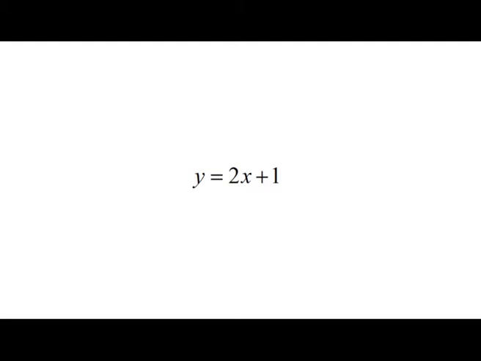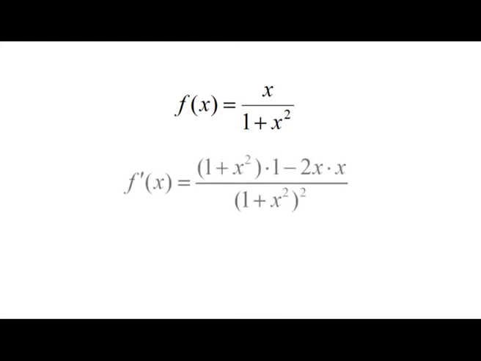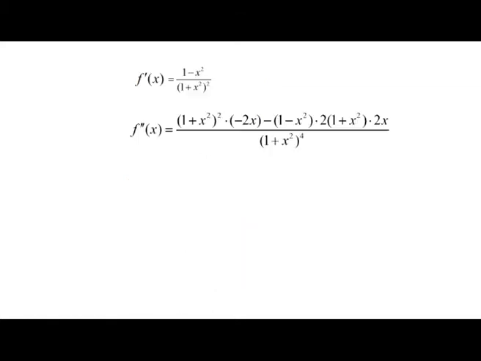As another example, consider f of x equal to x divided by 1 plus x square. Then, by applying the quotient rule of differentiation, we obtain f dash of x equal to 1 plus x square into 1 minus 2x into x divided by 1 plus x square whole square, which is equal to 1 minus x square divided by 1 plus x square whole square, and